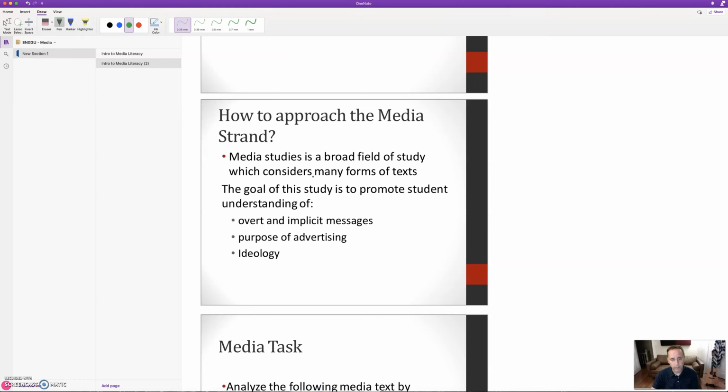And so we've already discussed there are many forms of media text, and we want to understand the overt and implicit messages. Okay, so overt is the intended message.